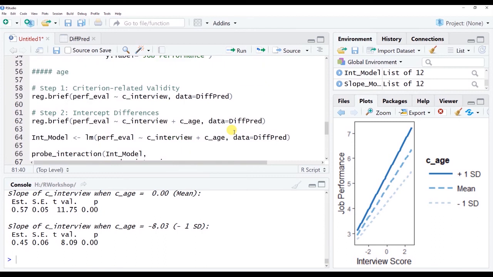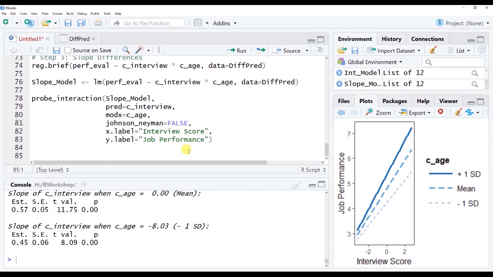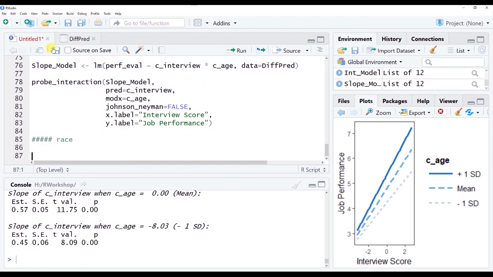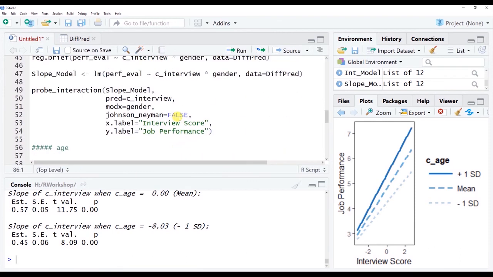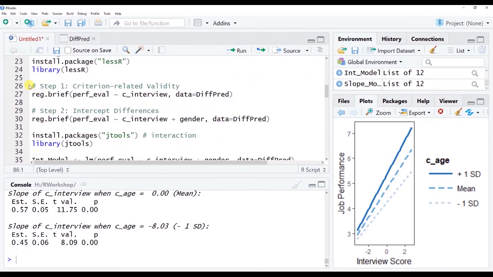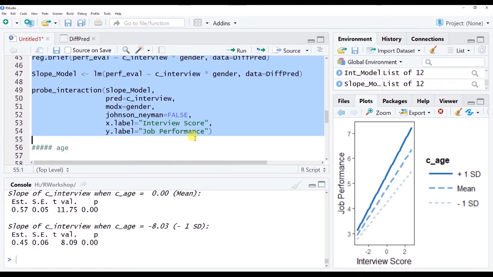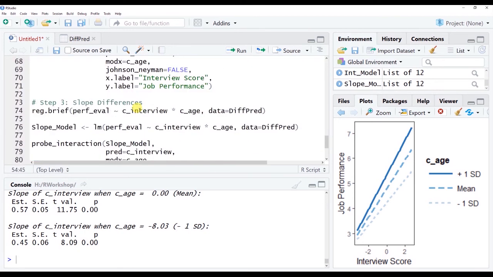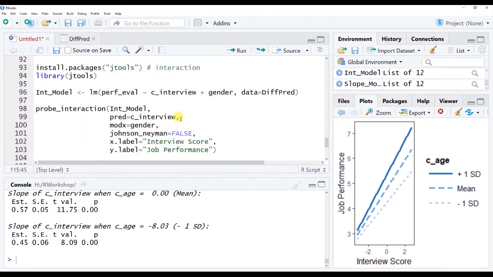All right, so the last thing that I'm going to do is let's do this one more time, and I just want to show you the special case with race here, just because the variable is a categorical variable, but it has more than 2 levels. You have Asian, black, and white here. So there's 3 levels to that categorical variable. I'm going to skip all the way back up here and just grab the same info, but for when we did gender. Okay, so let's copy all that we did there for gender, paste it below here,